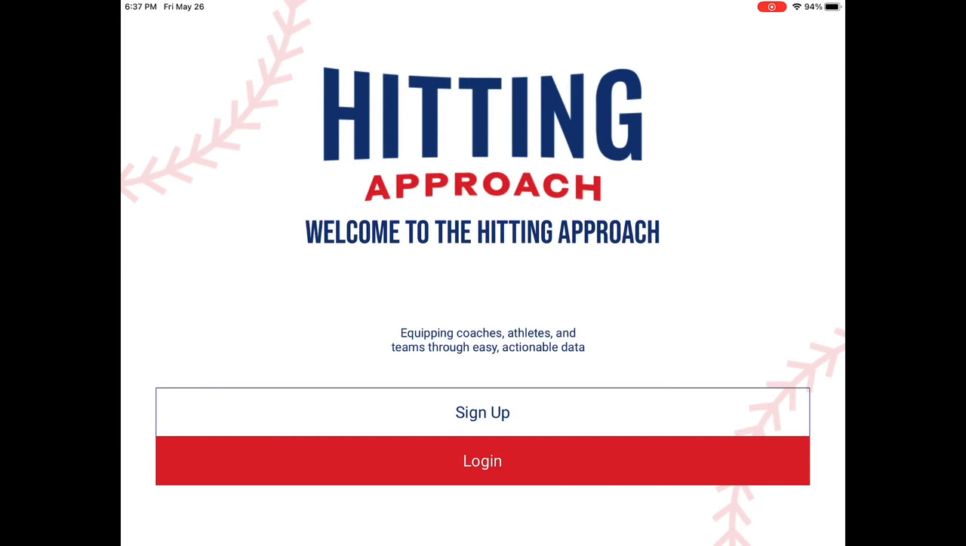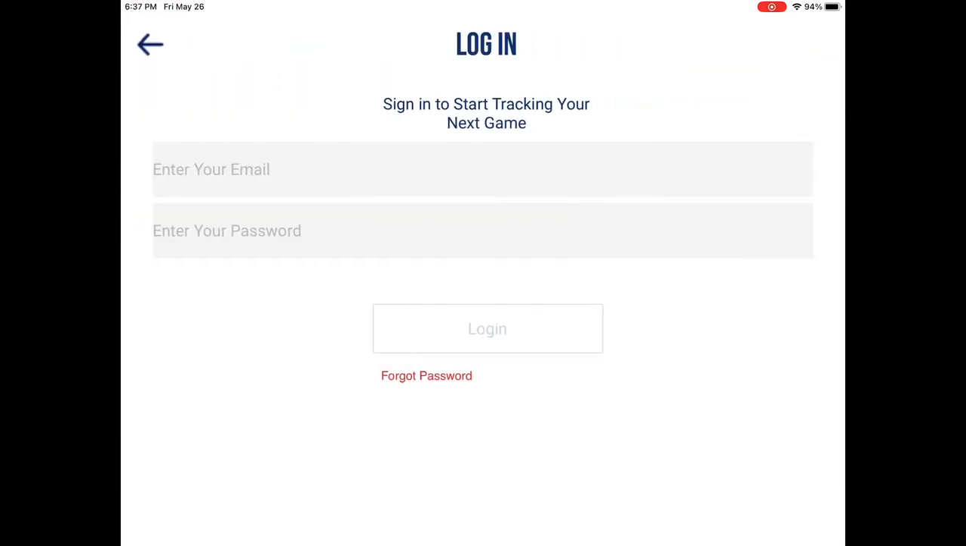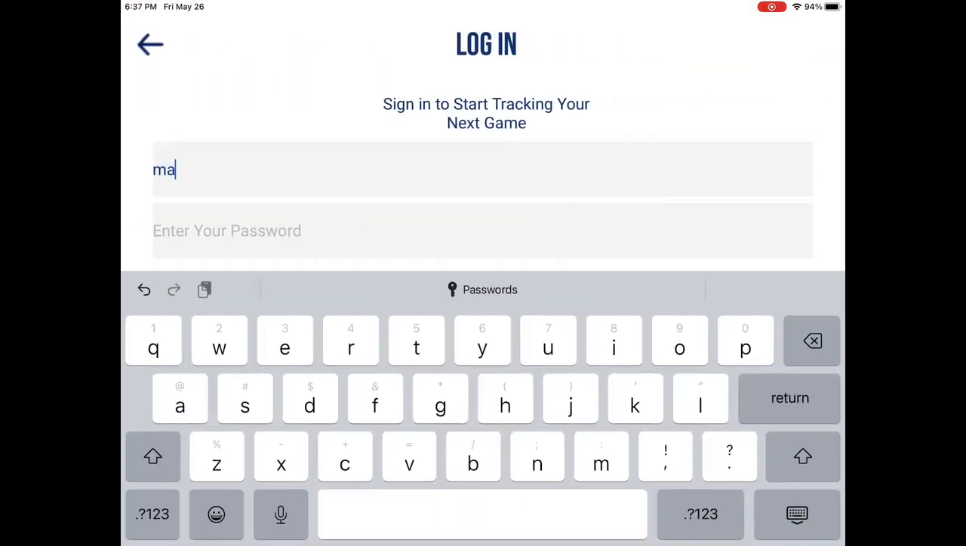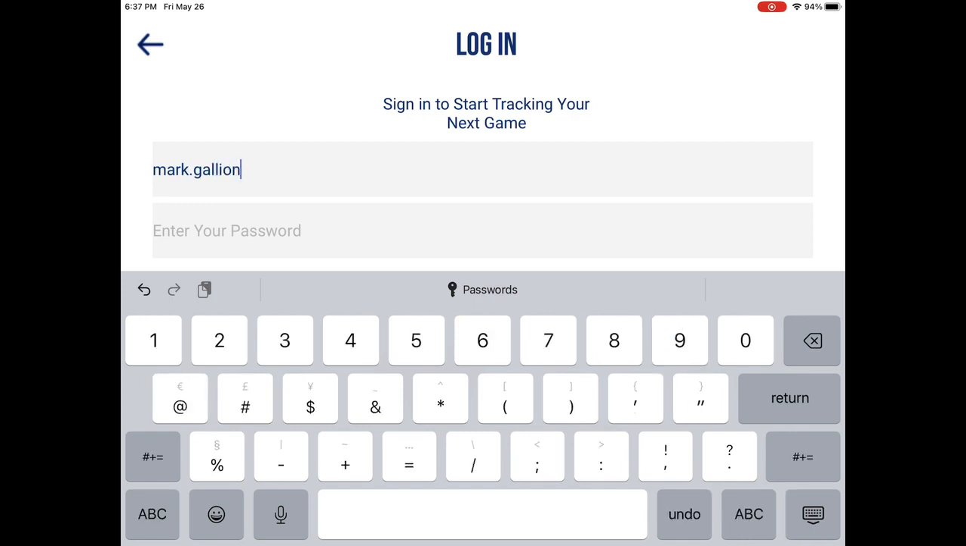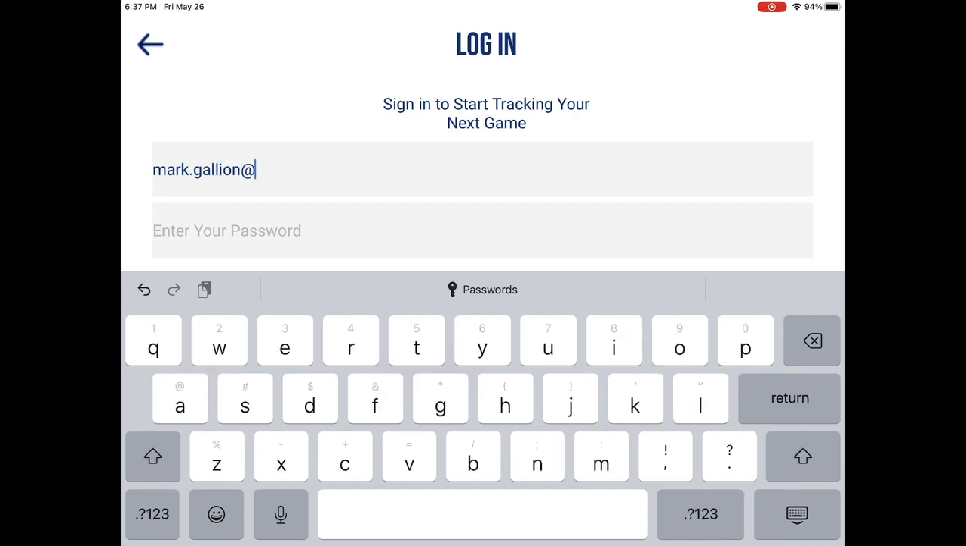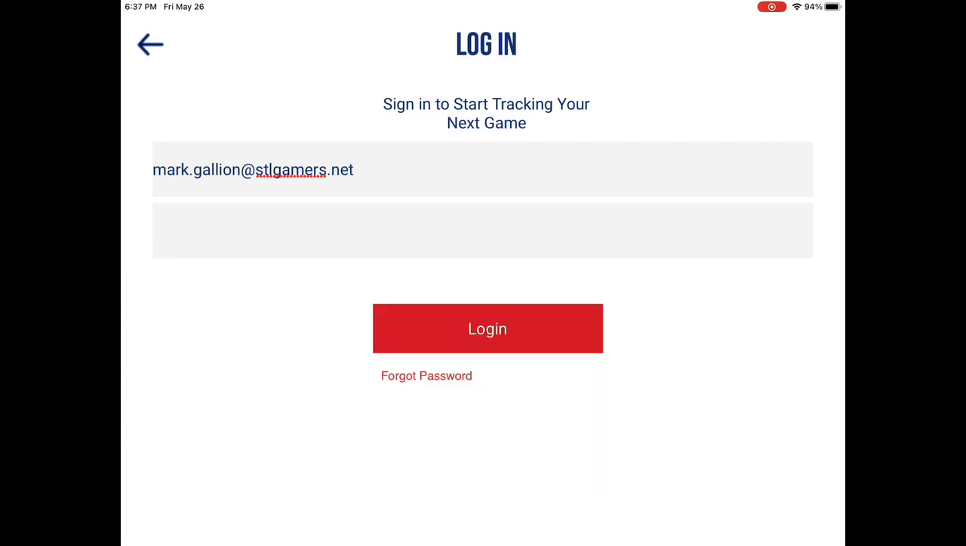So this tutorial teaches you how to walk through the hitting and use the Hitting Approach app. Obviously, you sign in. Once you sign in, which all the iPads have already been signed in once, you won't need to do this. But you log in to the app,